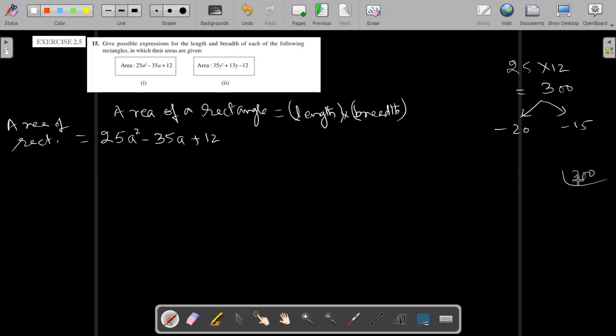You can divide 300 into many possible factors: 2 ones are 2, 2 fives are 10, like this. Then it will go again by 2. And then you make the possible factors to get 300, and their sum or difference should be equal to minus 35. Okay, so we got minus 20 and minus 15, whose product is 300. That's why both are minus: when both minus numbers are added, the answer will be minus 35. So minus 35 is split into two parts, minus 20 and minus 15. Do you know this one?